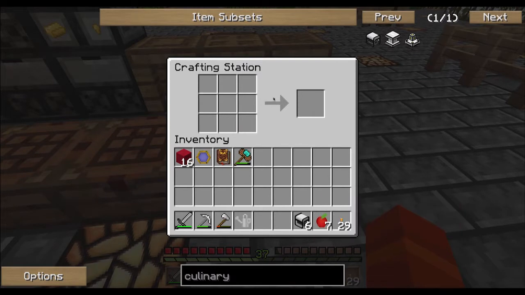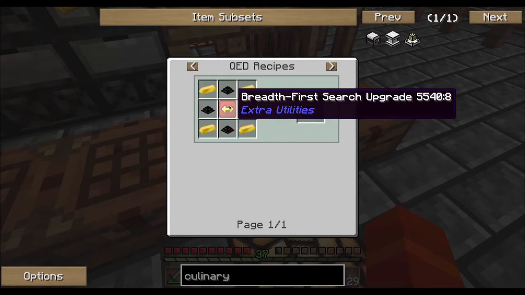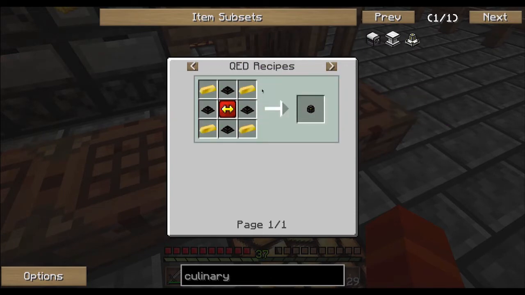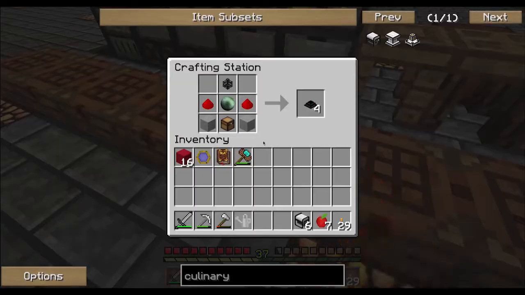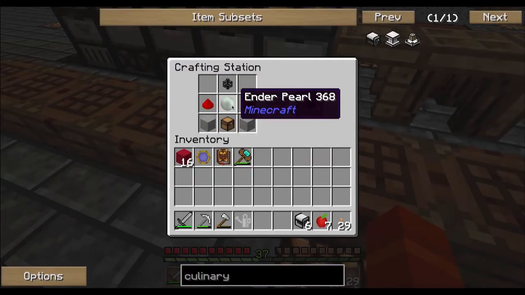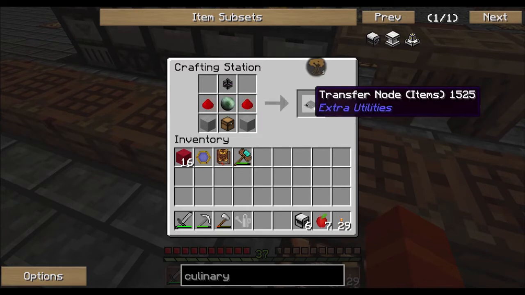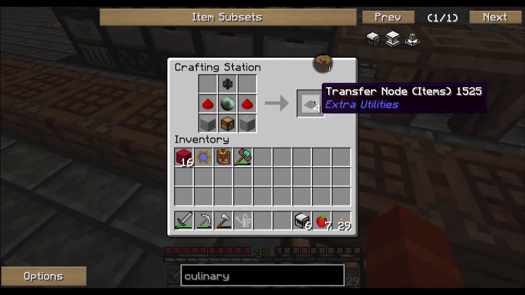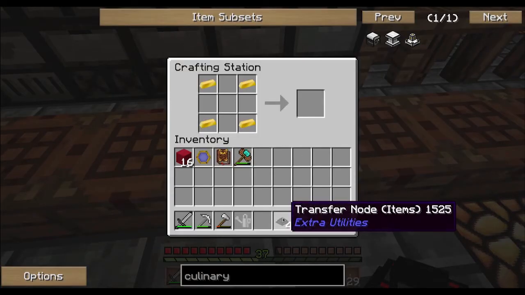I've already got 2 over there, so I'm not going to make 2 more. And then the transfer node for energy, this is what it takes for that. So I need 4 transfer nodes, which, yeah, here. If you have ender pearls, you can save quite a bit of redstone. So I have ender pearls, so that works out well. And then here,